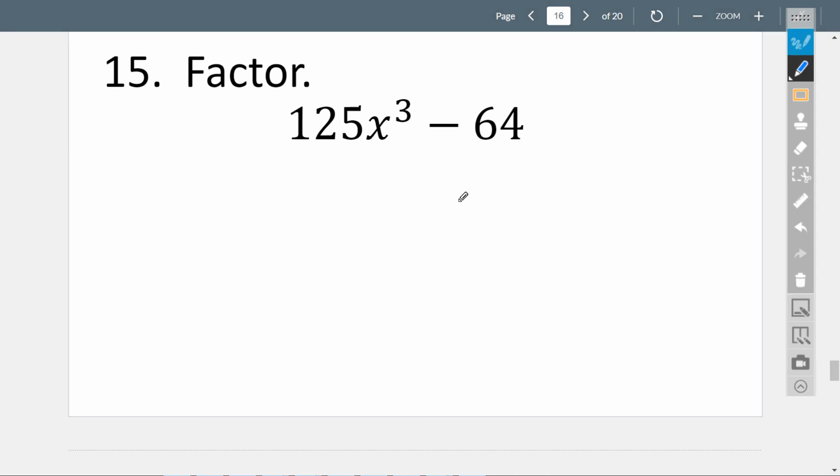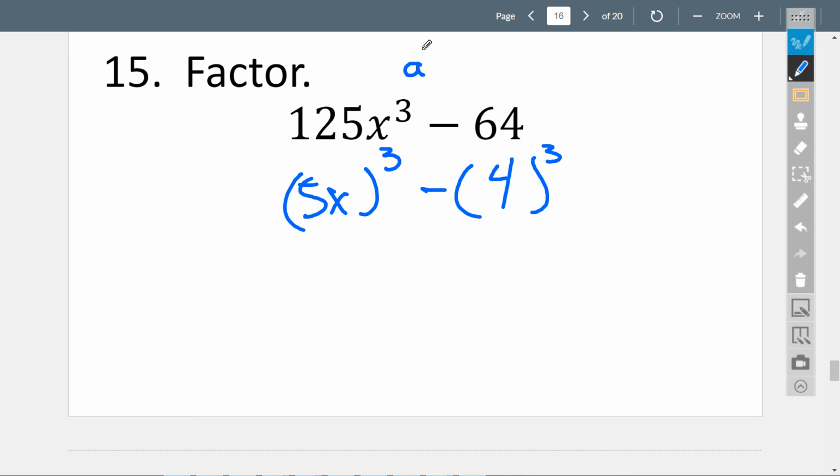Factor 125x cubed minus 64. This is a difference of two cubes. 5x cubed minus, I think that's 4 cubed. Yeah, 4 to the third power. So our formula for a difference of two cubes, a cubed minus b cubed, is equal to a minus b,